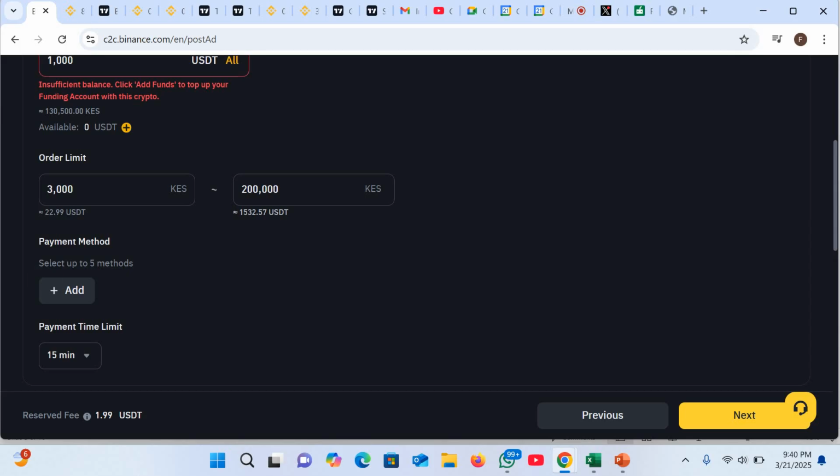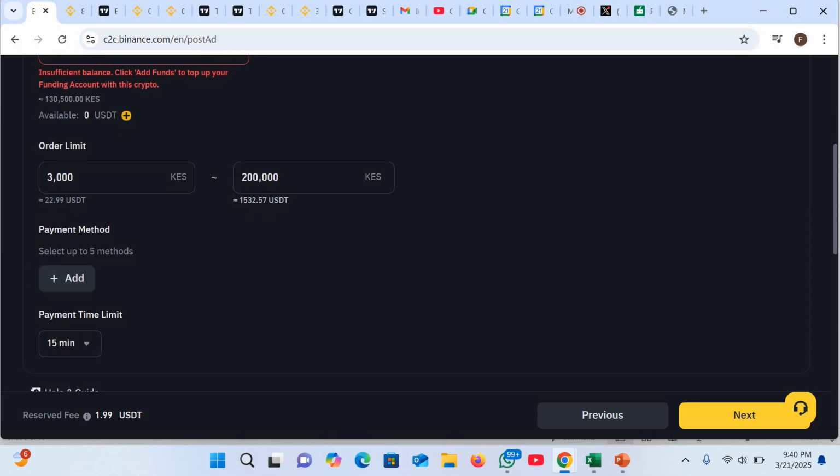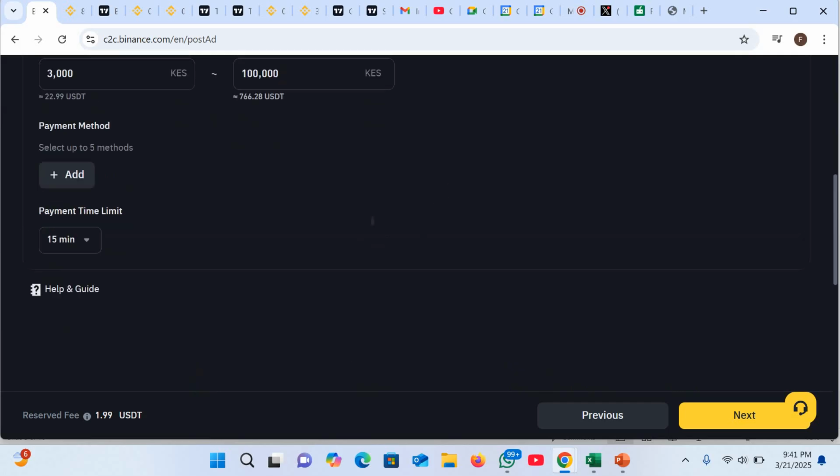USDT. And then you remember we mentioned on the limit, you also have to come and say that you are accepting payments of between what amount to what amount. We call it an order limit. So you come and say that for this, I'm accepting from 3,000 to 100,000. So you come and key in,